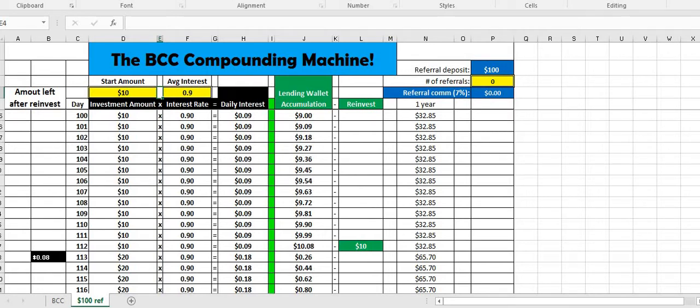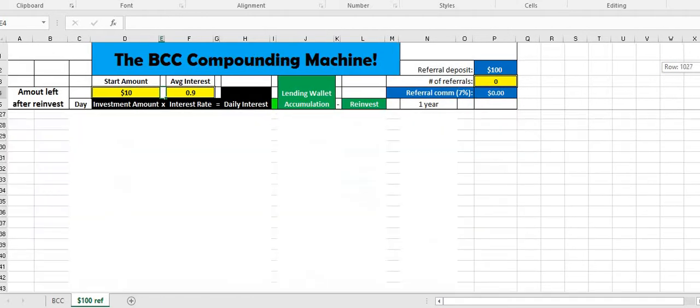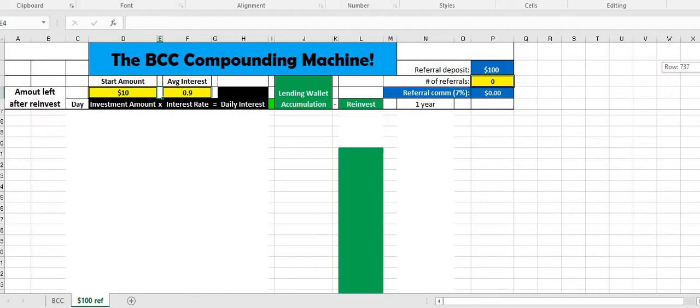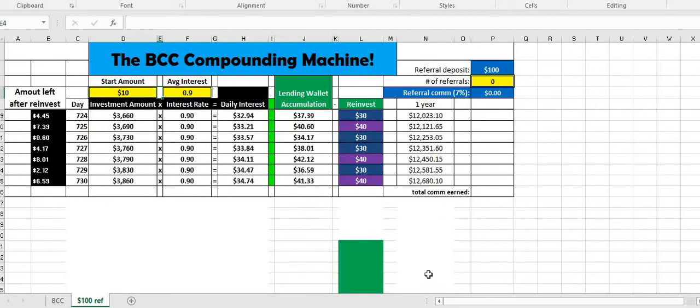This calculator has been built to go out for 2 years. So I'm going to drag you all the way down out to 2 years. We're going to go out 720 days. And this is the amazing part of compounding interest. Our original $10, if we invest the 9 cents every time we can make up to $10, we now have $3,860 in our original account, and we've generated